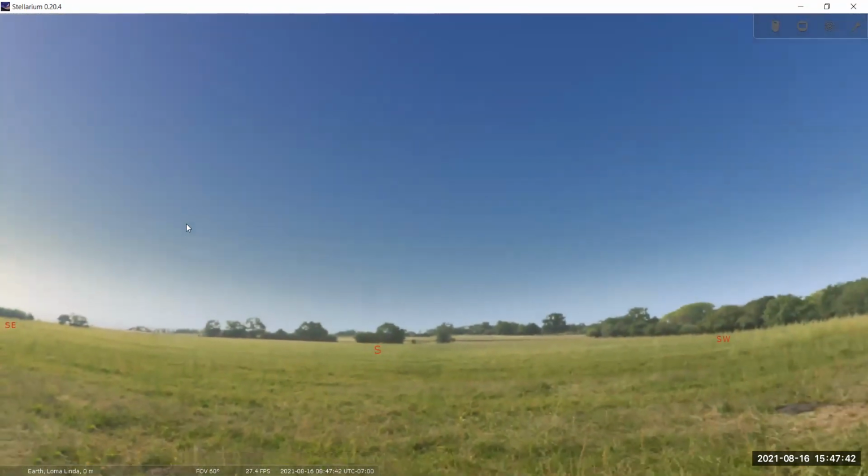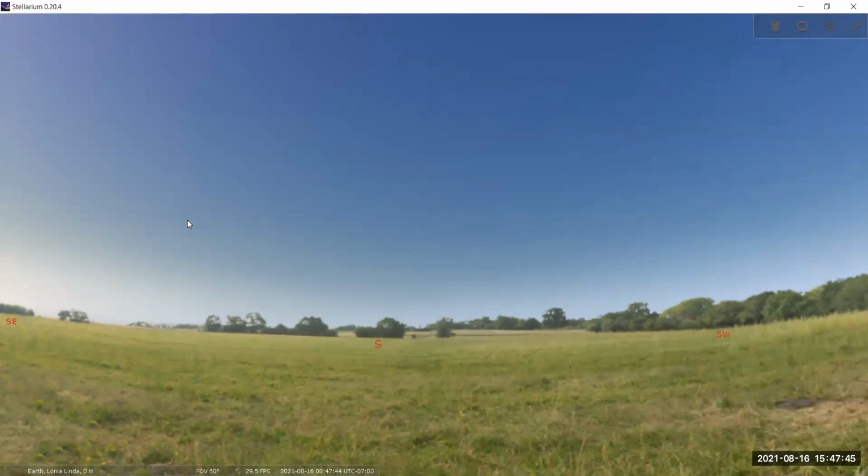The advantage of this software compared to the planetarium is that you will have really how the sky looks like in front of you. This is not how it looks like outside. This is just a stock picture that they have on the software. But it gives you the terrain and how the horizon would look like, which usually includes trees and houses and things like that. So this is how the sky looks like. I don't want to look at it now. I want to look at it later at night, okay?